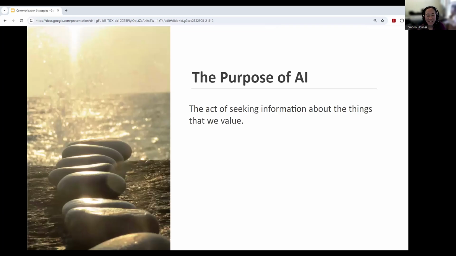The purpose of AI. To understand the purpose of appreciative inquiry, let's look at each of its parts. Appreciate is defined by the Random House Dictionary as to value or regard highly, to be fully conscious of, be aware of, detect, to rise in value. In the same dictionary, inquiry is defined as the act of inquiring or seeking information by questioning. And therefore, appreciative inquiry can be defined as the act of seeking information about the things that we value.